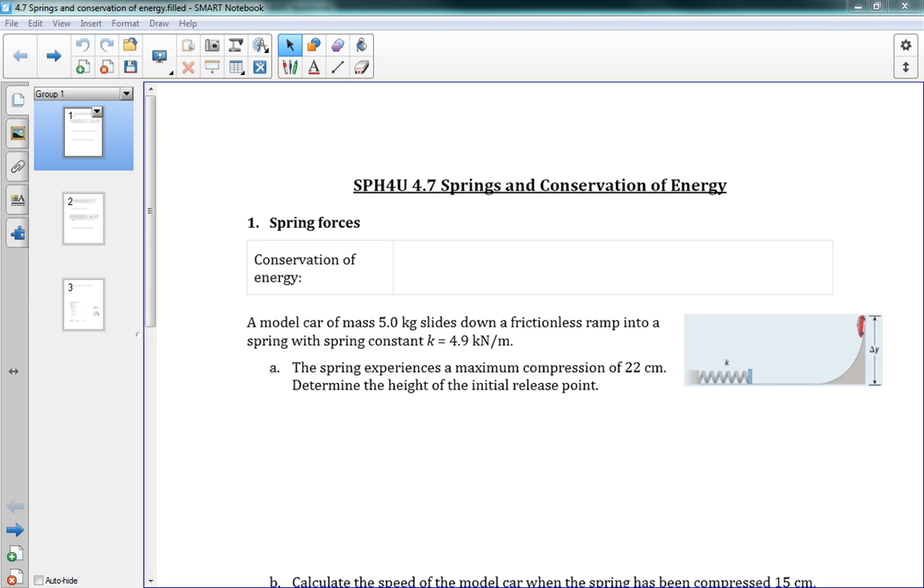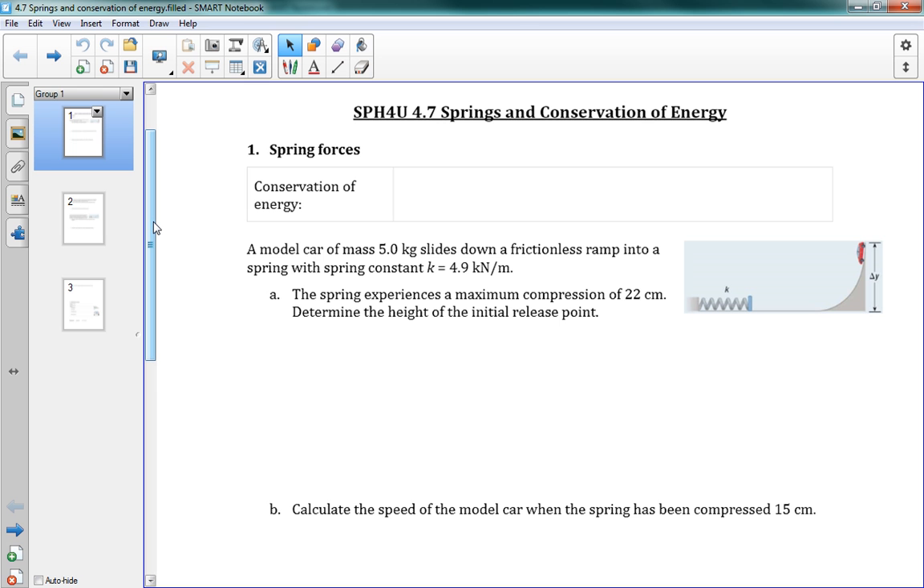Okay, hello class, and welcome to 4.7, Springs and Conservation of Energy. So this is the last topic for Chapter 4. It carries off of what we just saw in 4.6 with springs, and we're going to see how it relates